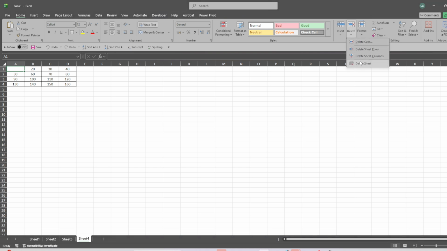If your real goal is just to remove the values in a diagonal pattern, the second method is the better choice. Select each diagonal cell one by one while holding Control so you can choose multiple non-adjacent cells. Once those diagonal cells are selected, press the Delete key. This clears the contents of those cells without moving any surrounding data, which creates the diagonal effect visually while keeping